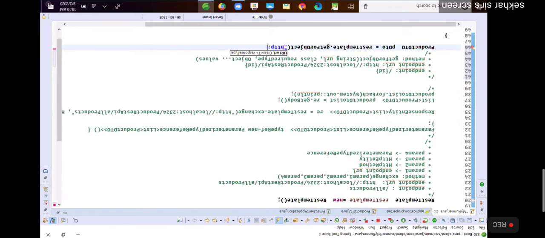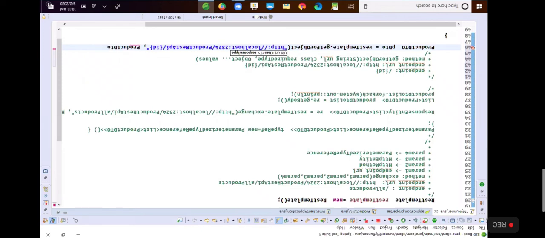http://localhost:2324/product-trust-API/ID, comma, second parameter is ProductDTO.class, the required type.